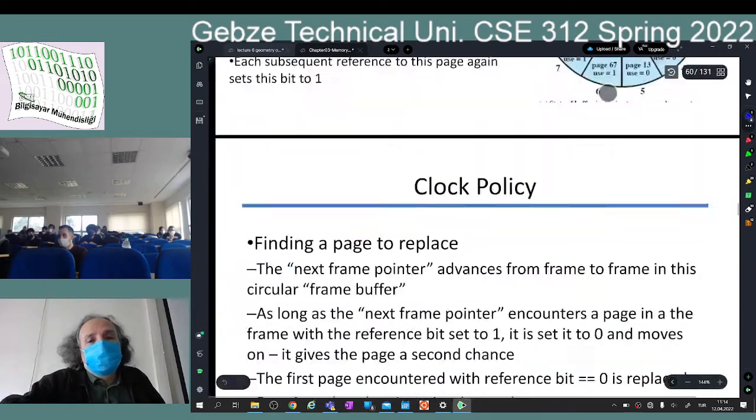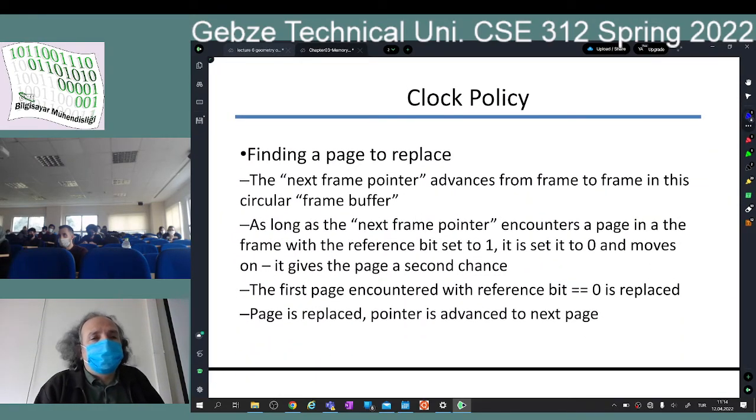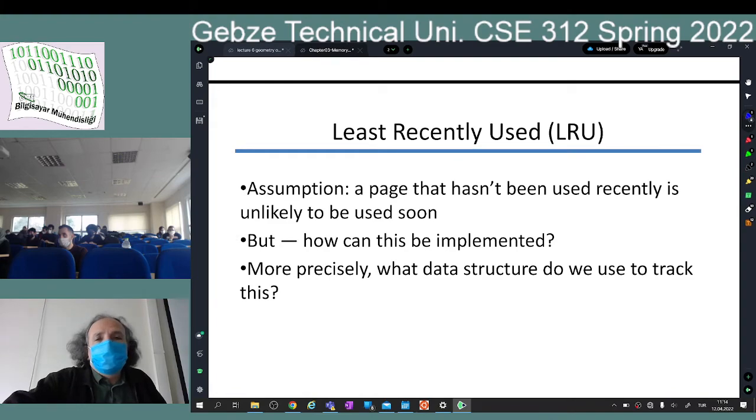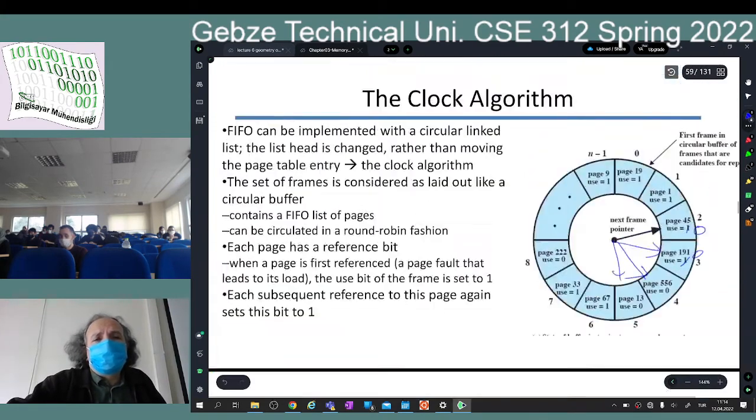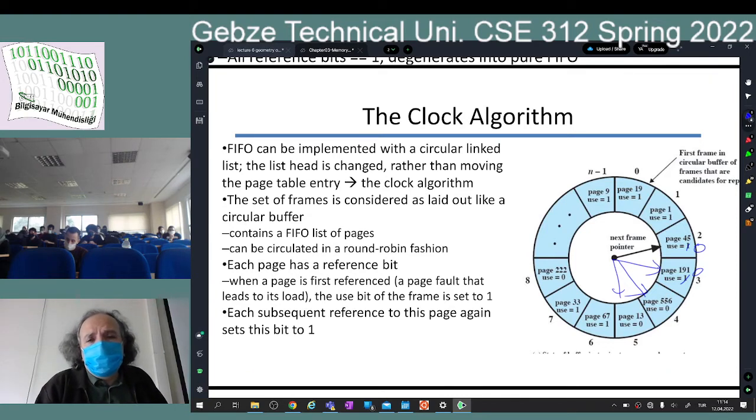And that the policy is here, finding the page to replace. Good. Okay, this is a good algorithm actually, this clock algorithm. It's a good algorithm, but with all of them, the not recently used, the FIFO, the clock algorithm or the second chance,